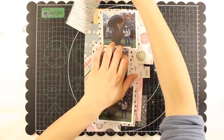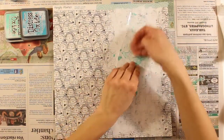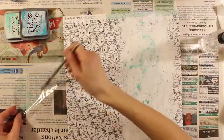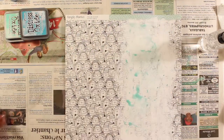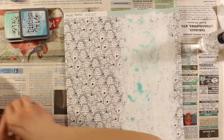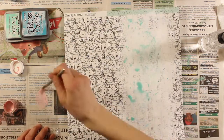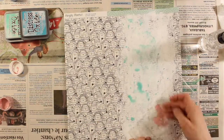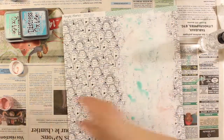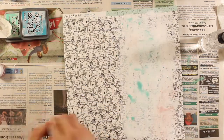so now I can apply the color. I'm using the packaging technique, which means that basically I use a piece of plastic, I put some ink or paint on the plastic, then I dilute it with some water and apply the color, adhering directly the plastic onto the background. And as you can see, since I used the gesso, the color doesn't soak through immediately into the